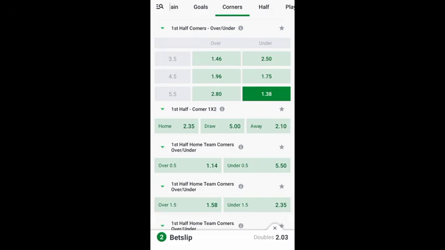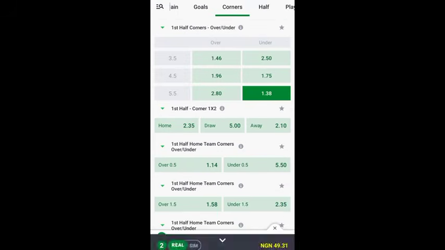Just two of these games is going to give you 2 times odds. That is what I normally go for. I normally go for 2 times odds right there. So that's just how you go about it. Just pick 2 games, make up your 2 odds, and go with it. I won't advise anyone to pile up 10 games just to have a lot of odds.